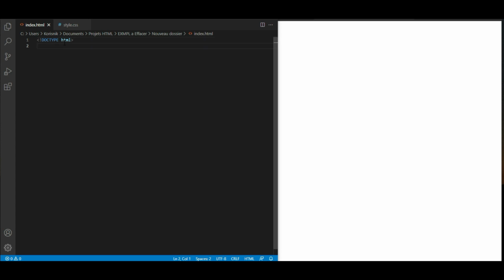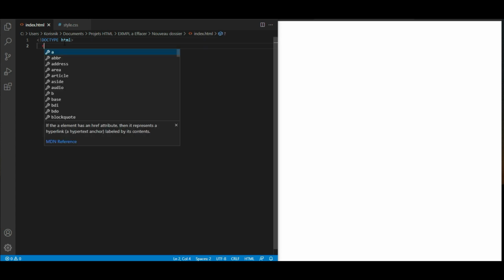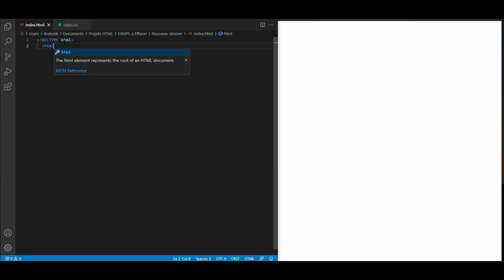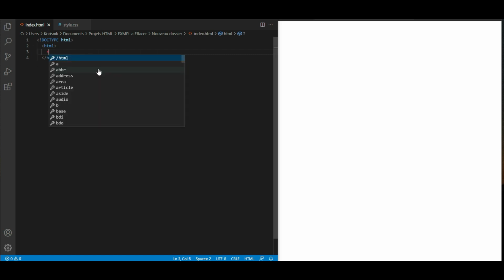So, doctype HTML, and then html. Here we are going to show the text editor which kind of language we are using. So here is HTML, right? And then we are going to add head, and in head we can write